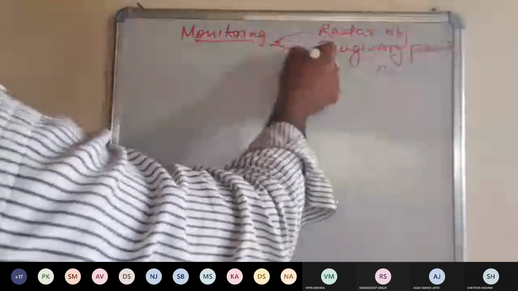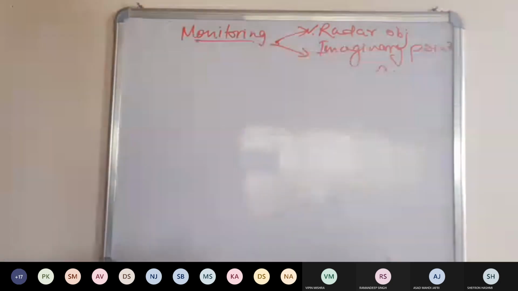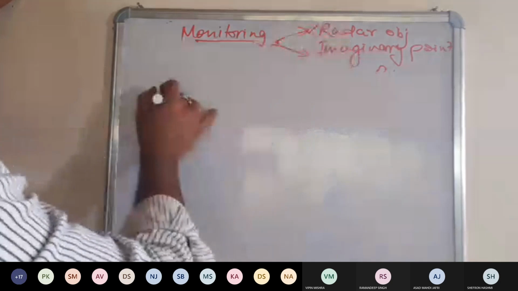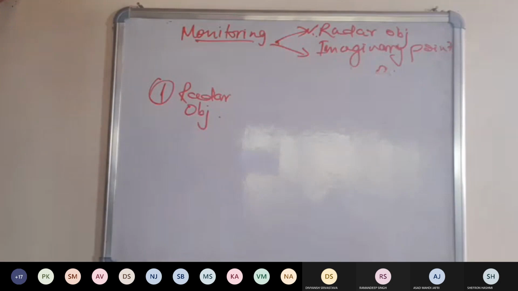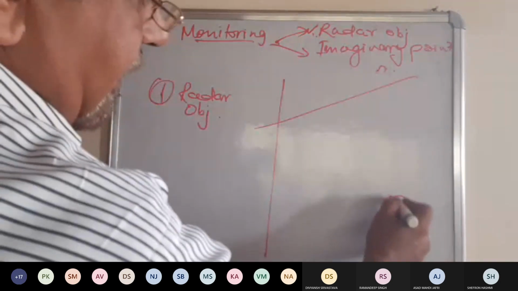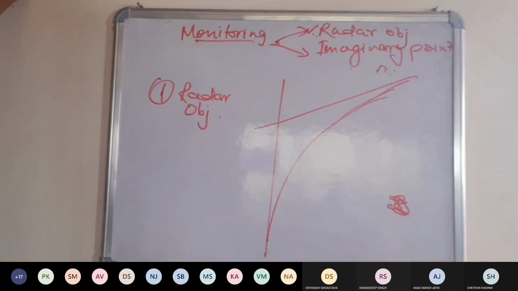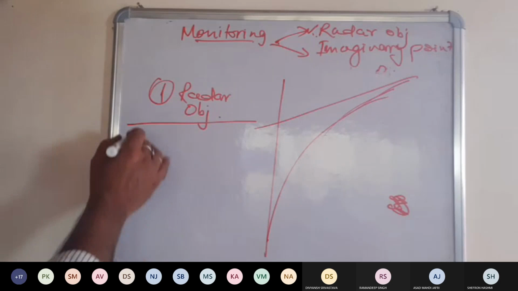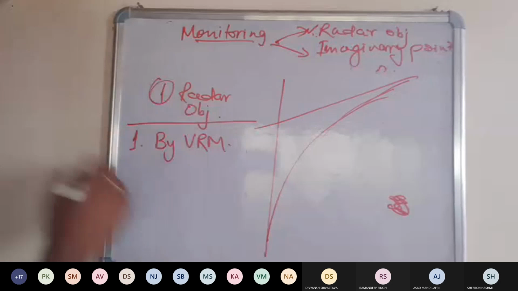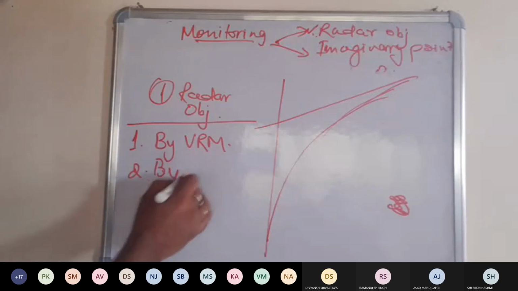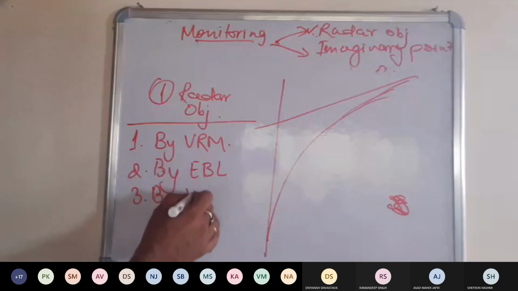So either radar object is there, then also we have to monitor. When imaginary point, then also we have to monitor. So case number 1, when we have radar object, इस केस में कैसे करेंगे? तो हमारे पास प्लान ये है, रडार ऑब्जेक्ट है, यहाँ पे रडार में दिखता है, दिस इज द टर्न. So monitoring can be done, number 1, by VRM, number 2 by EBL, number 3 by visual bearing,